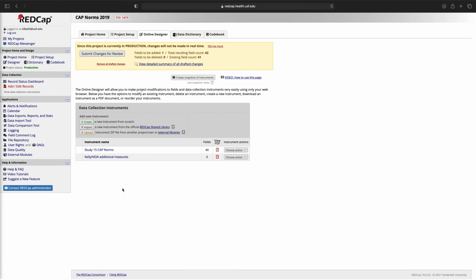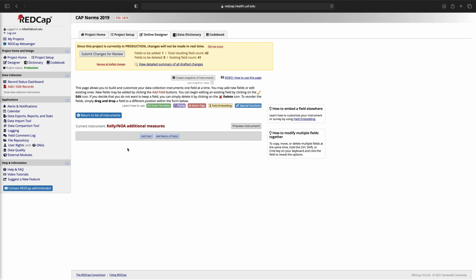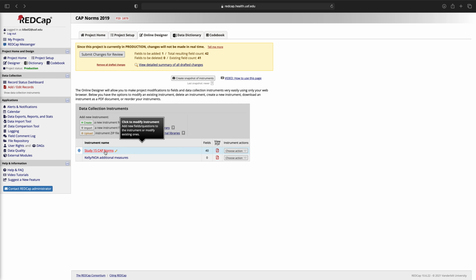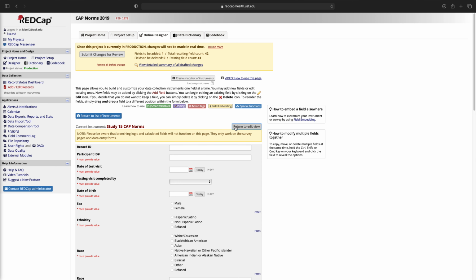Click on your form here, your instrument name, and then you'll be able to add your fields. I recommend building your instrument based on how the original form looks. A good example of this would be the demographics form that we use in the Cognitive Aging Lab. What I did was, when I created the original instrument,